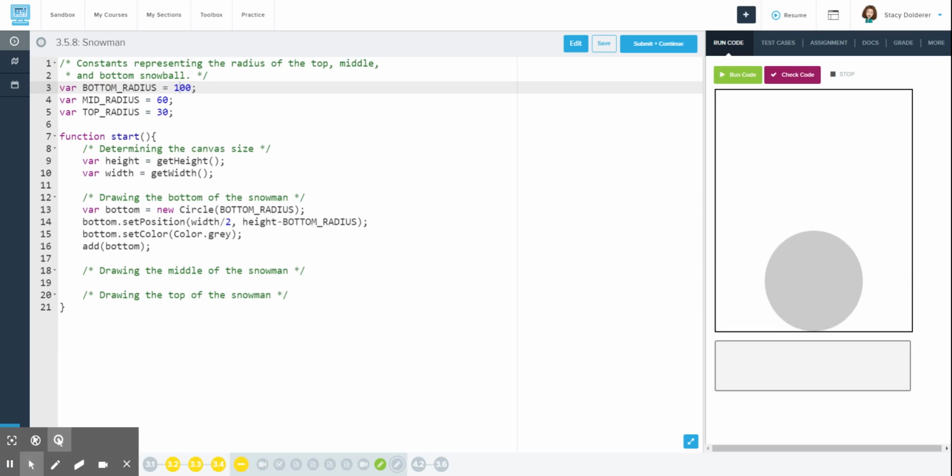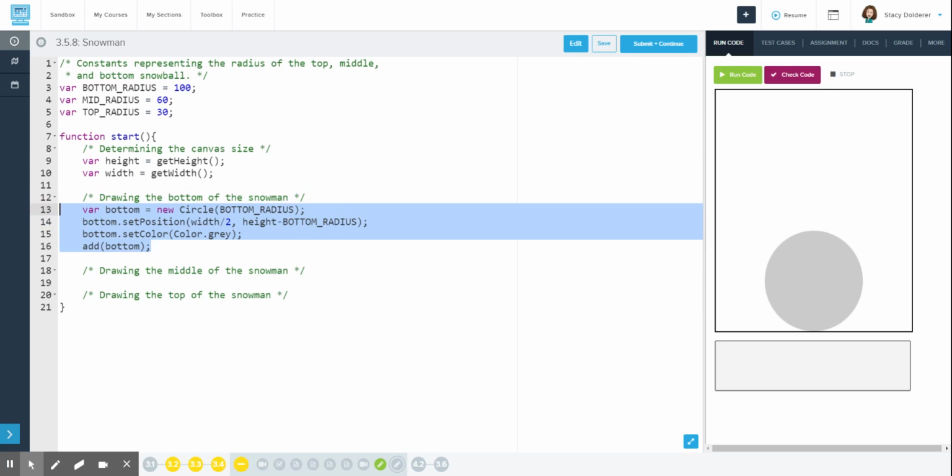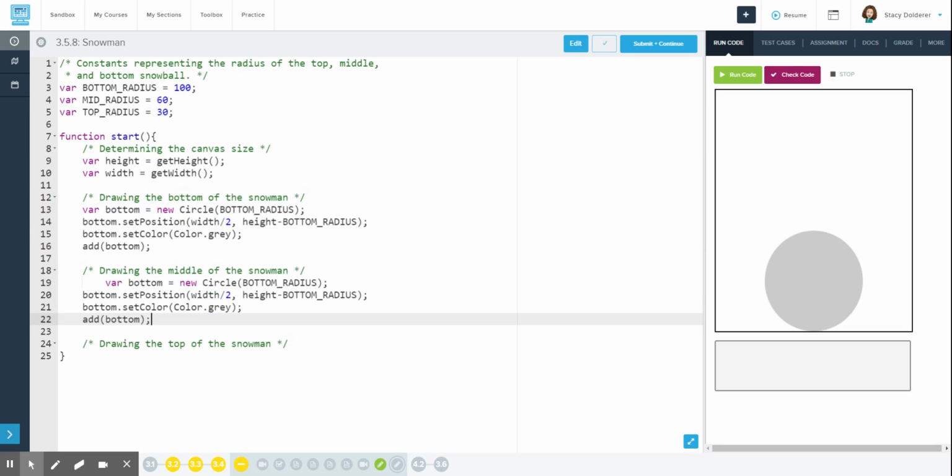The next two circles will be very similar. I'm going to show you a shortcut in Code High School. If I copy this code and paste it, I can change all the words bottom at once, just by double clicking with my control key being held down on my keyboard. This is going to be a variable middle, so I can change all of those at once. And then we'll need to change the radius for the circle,